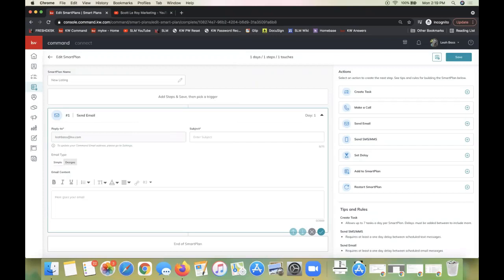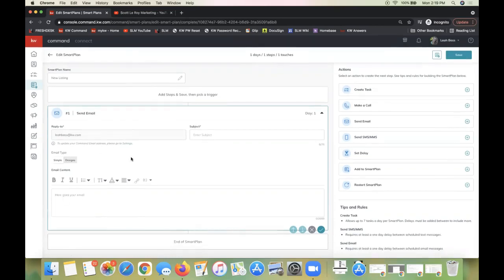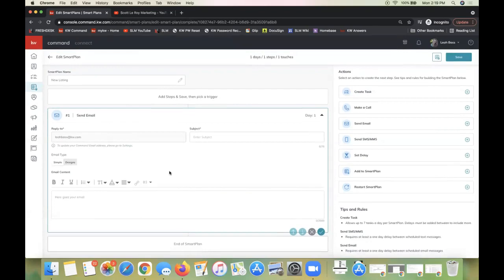So send email. And that will put it over here. Okay, so I can see that step is added on the left-hand side. Okay, now when you are sending a one-time email, and I'll show you how we're going to create this, but